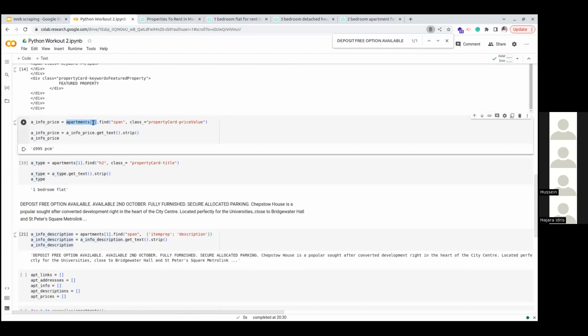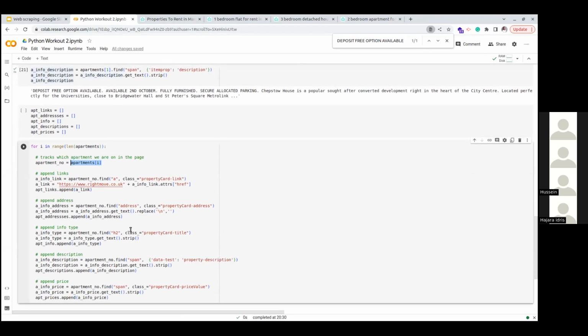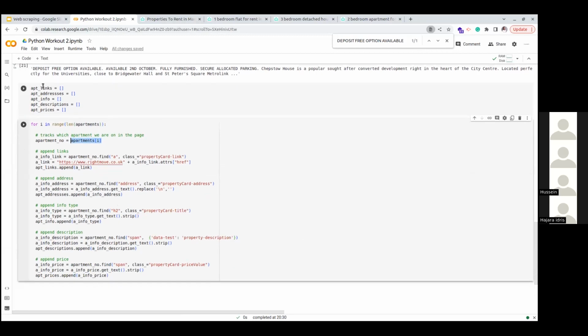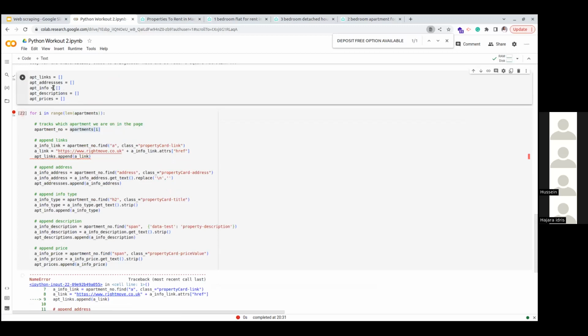That's why I'm indexing it here. So here I'm going through each of them, and the same thing that I've done by picking just the second one, because I've used index one there, I'm now using I. I'm not teaching for loop, so I want to assume that you know how for loop works. So I've gone through everything, and I'm appending it to each of these lists. So let's just do that. Apps links is not defined because I have not run this code yet.